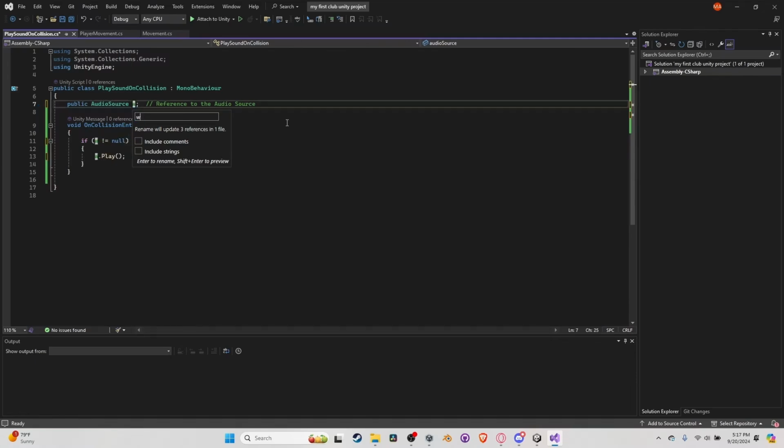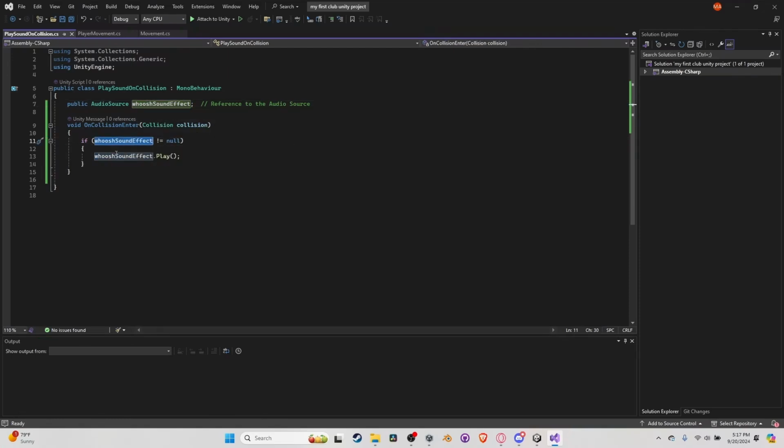press Control R and then R again while holding Control. Now you can type whoosh sound effect to rename every reference to this variable, every time this variable was even mentioned, to rename it all to what you want. So this is just a shortcut you can do. Once again, this is more the coding aspect of Unity, but coding is always going to be a part of Unity. You'll need to understand some of that. But yeah. Anyways,